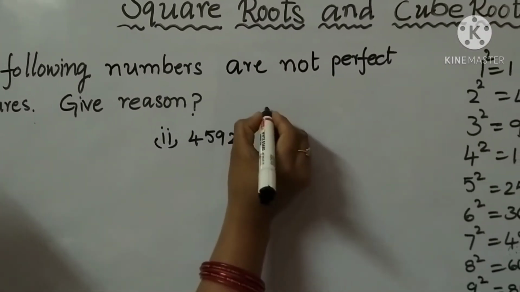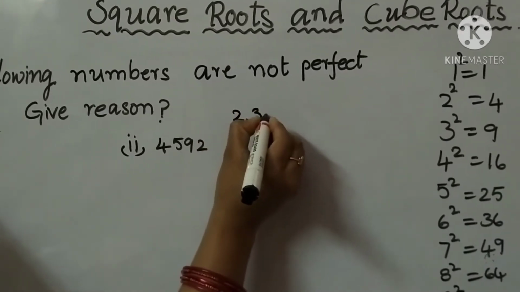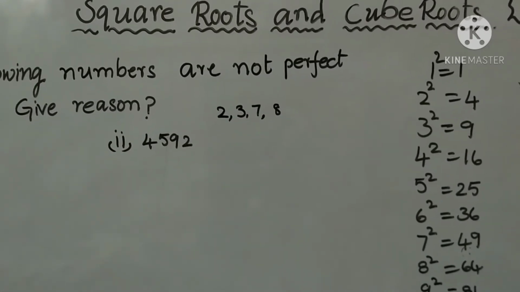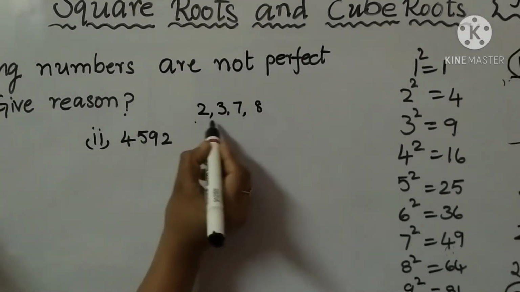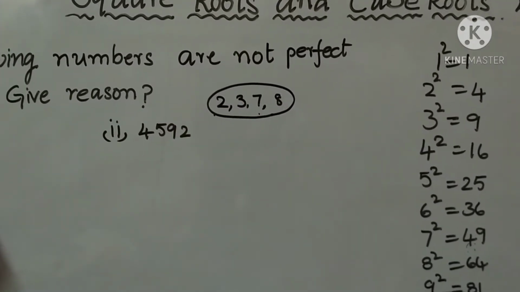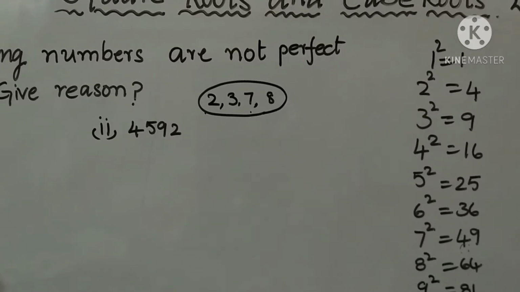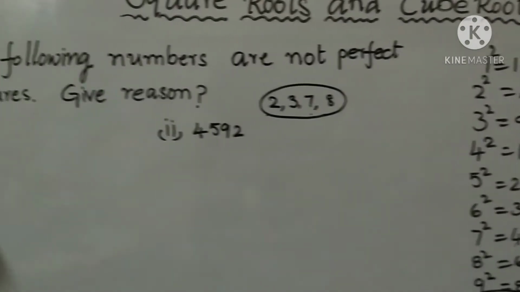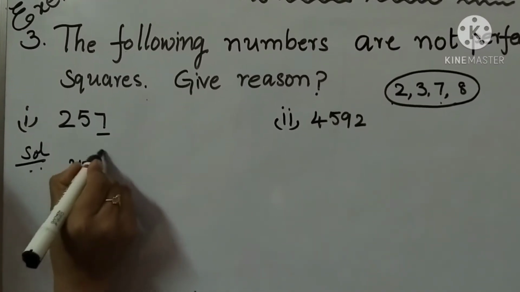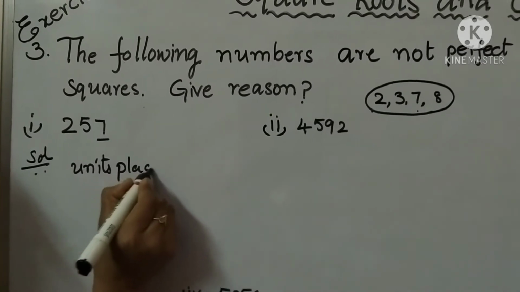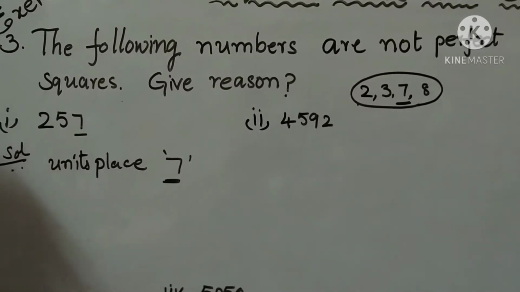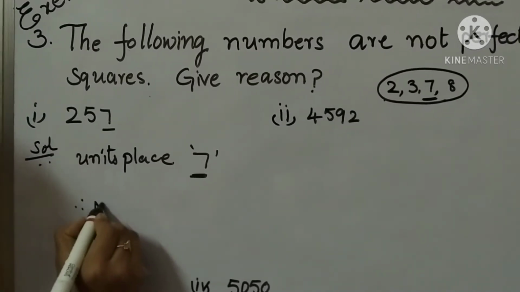We observe the units place: 2, 3, 7 and 8. If these numbers are in the units place, the number is not a perfect square. So in the first problem, 257, the units place is 7. Is 7 among the non-perfect square digits? Yes. So therefore it is not